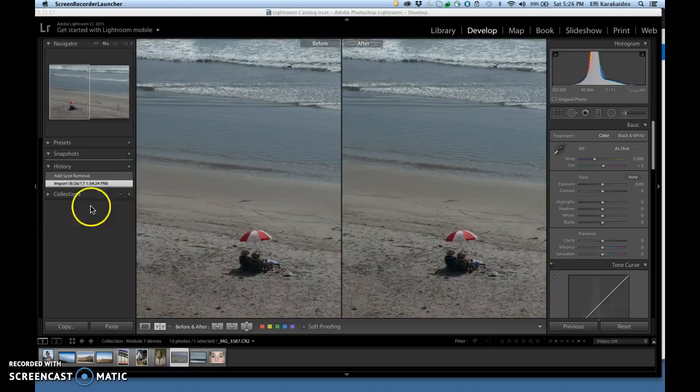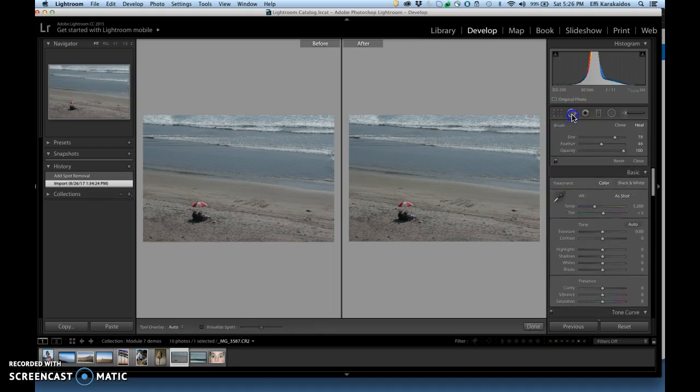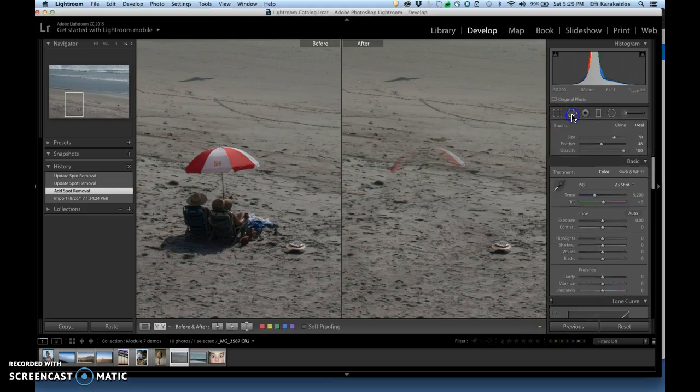Here, if I wanted to do something a bit more extreme, such as remove the people with the umbrella here, I could simply go to the spot removal. I'm going to choose heal and just paint over them. And Lightroom has done a fairly good job. Now that I zoom in, however, I see that some of the umbrella has been lost. So if I go,